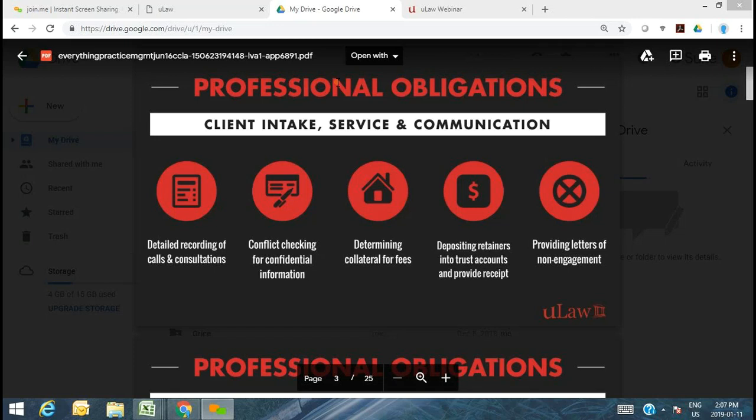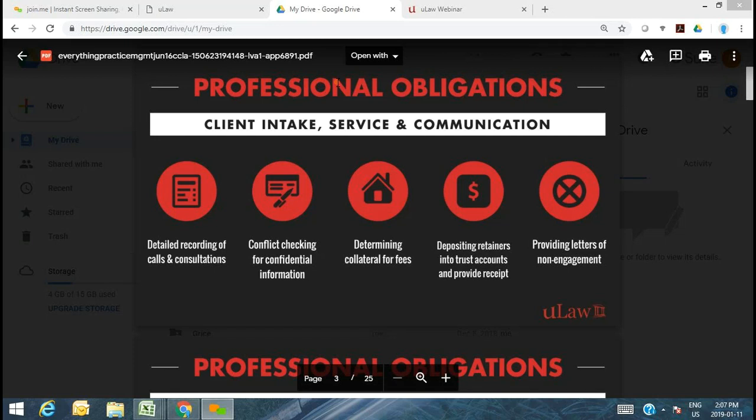That first step really, imagine a client either giving you a call to your office number, meeting you at a restaurant or a coffee place, even filling out a simple client intake introductory form on your website. No matter what the channel may be, it's very important that you offer that omni-channel experience to today's consumer. But regardless of the channel through which you have that correspondence with that prospective client, it's important that you still have a detailed recording of those calls and consultations.